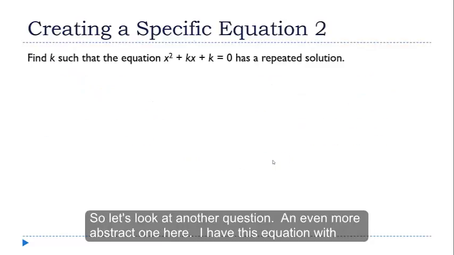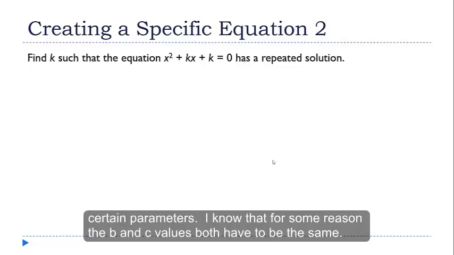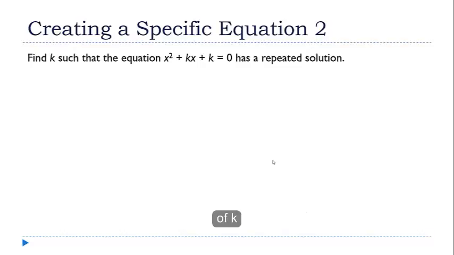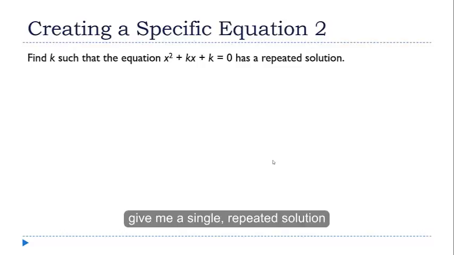All right, so let's look at another question, more abstract here. I have this equation with certain parameters in it. I know that for some reason, the b and c values both have to be the same. And I want to know what values of k give me a single repeated solution for this equation. Well,